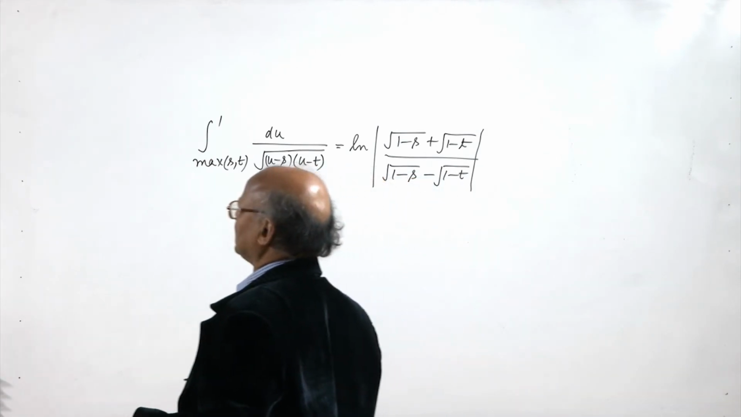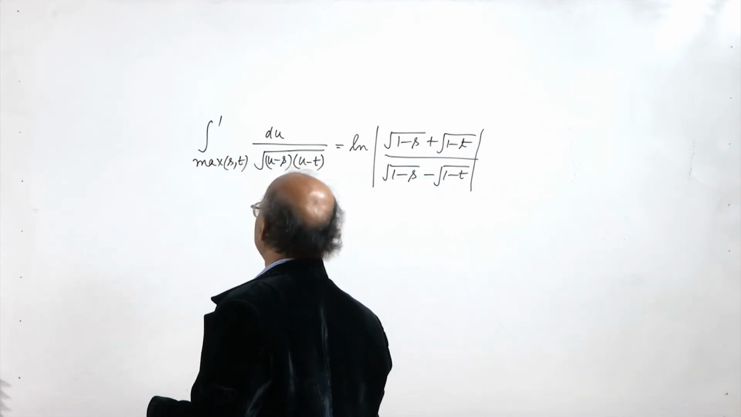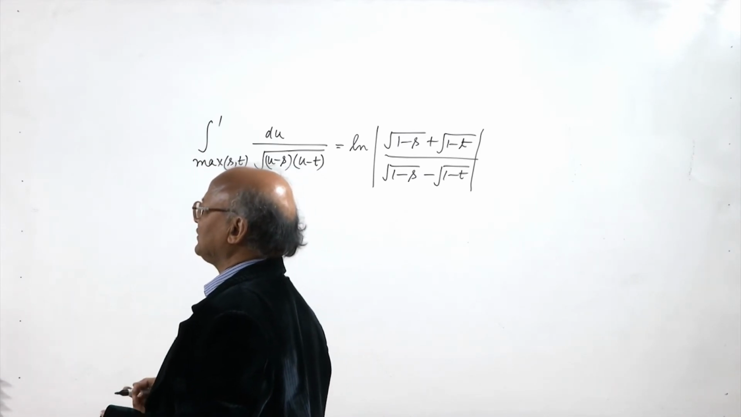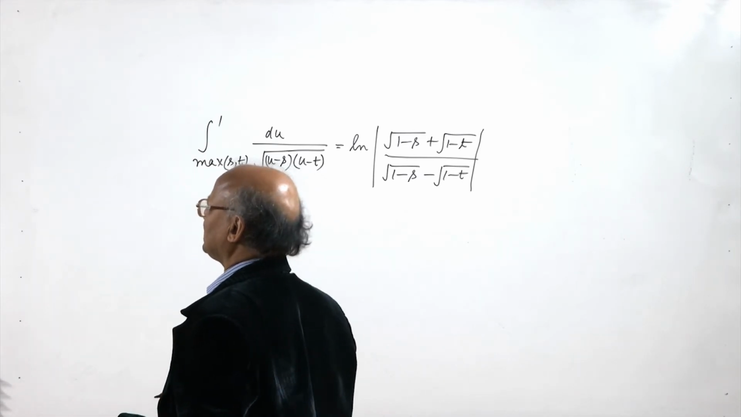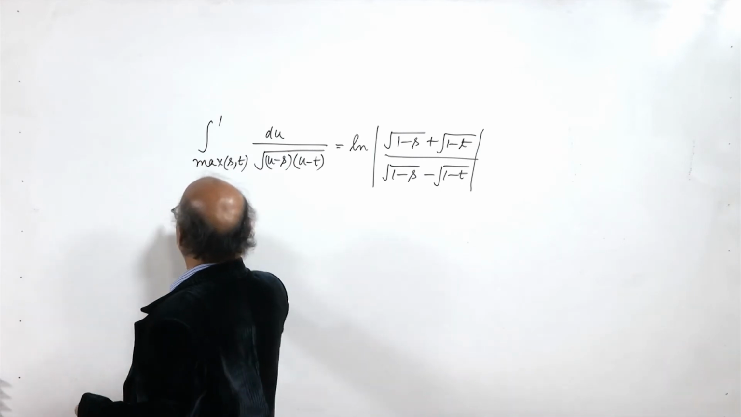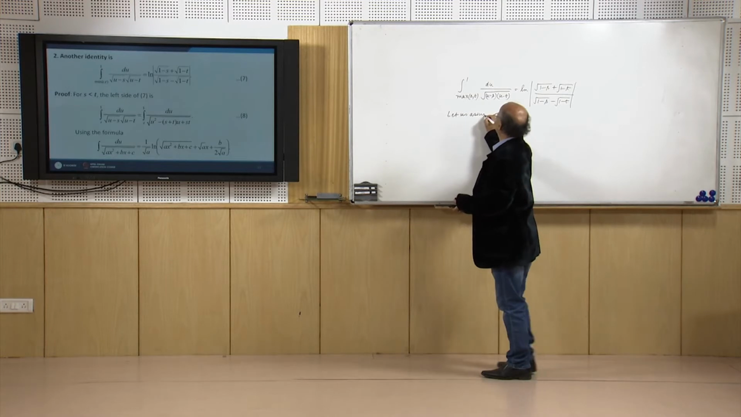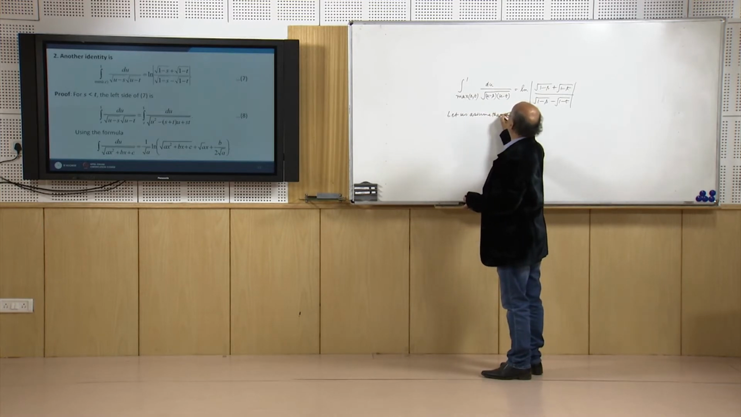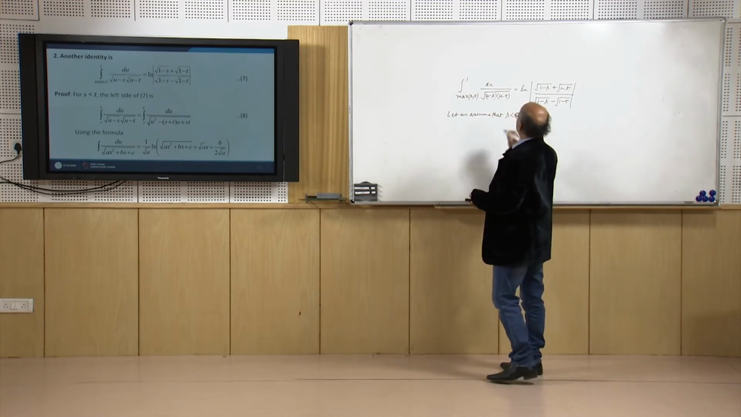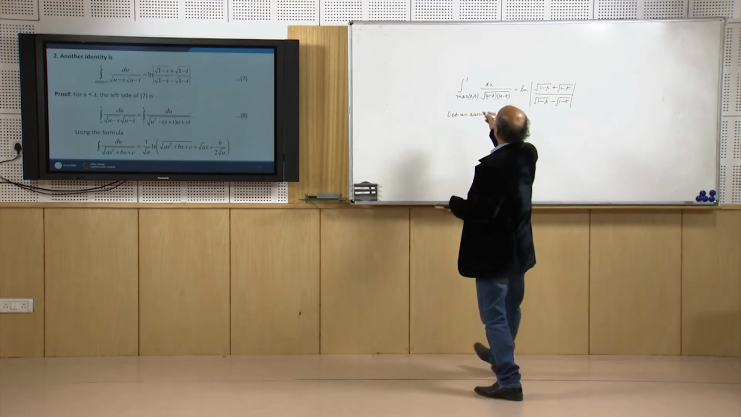So, there are two cases. One case is when s is less than t, and the other case is when s is greater than t. So, let us first prove for s less than t. Let us assume that s is less than t. So, then the left hand side